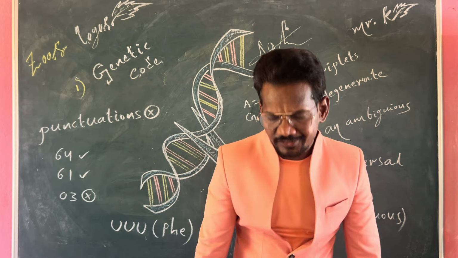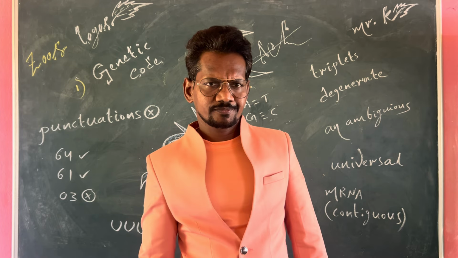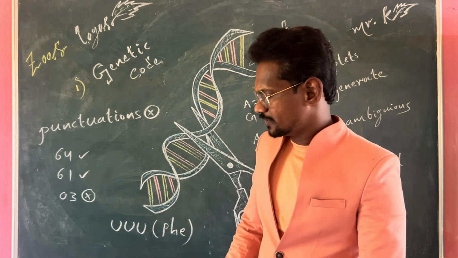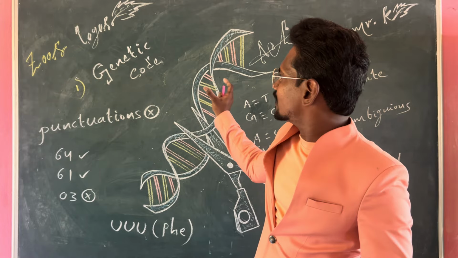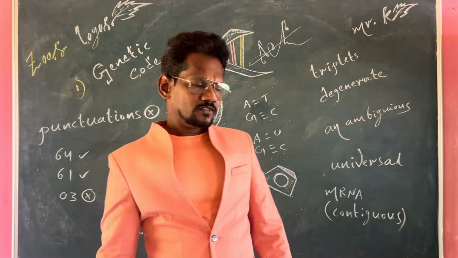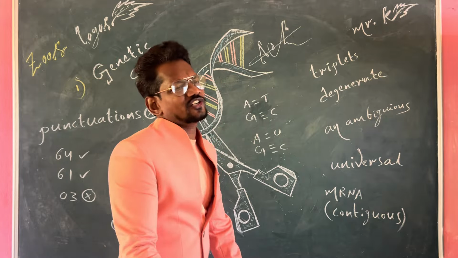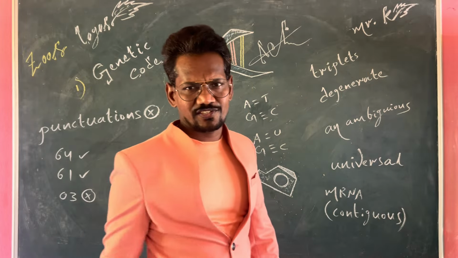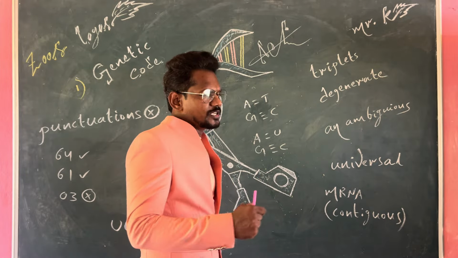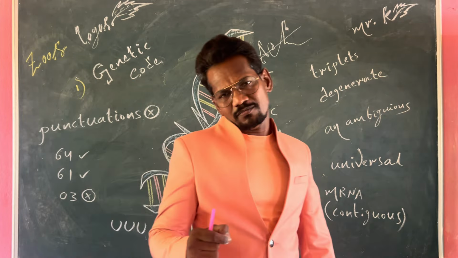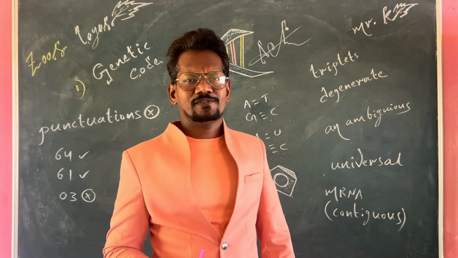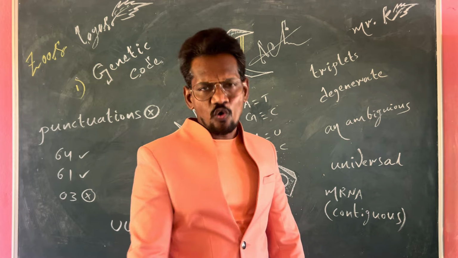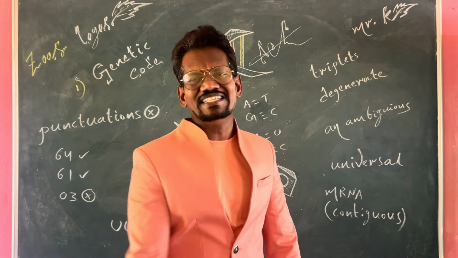I am back with one more unique topic from our subject Bios Logos, in the sense biology. Here the topic is genetic code. What the genetic code belongs to is nucleic acids. Generally all types of organisms are made by nucleic acids in their cells. In unicellular organisms, we can call the nucleic acids genome or genophore, nothing but genetic material.